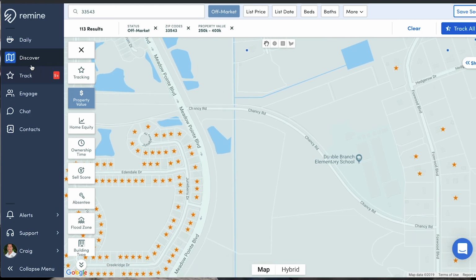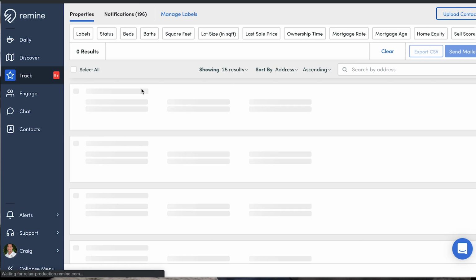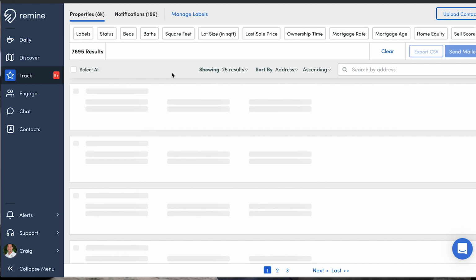Then, once you're done with that, if you click on the track button, all of your tracked properties are gonna be in here. So you'll see we've got 8,000 that we've been tracking across our different markets, right? So here's how direct mail can be done in a 2019 world. Rather than me inefficiently send print mail that no one's going to read to hundreds, thousands of people, I would come in here and do